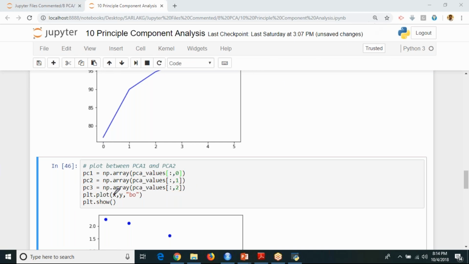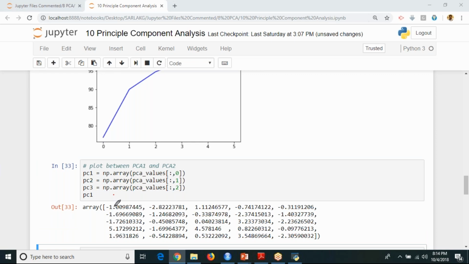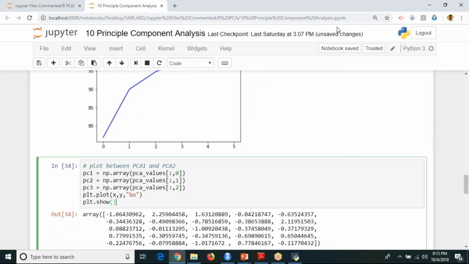So this part, first I'll just cut down these two, and here I'll just put it as PC1. So now you can see this is my PC1 for all the 25 universities. I've just written it as PC1. If you write PC2, you're going to get PC2 for all the 25 rows like this. But I don't want to display this. Rather than this, I want to plot your PC1 and PC2 like this by using blue color circles.